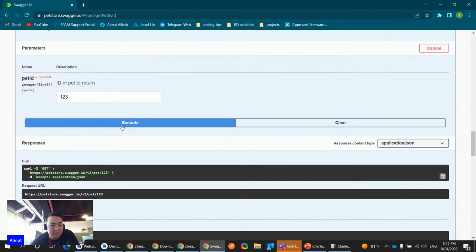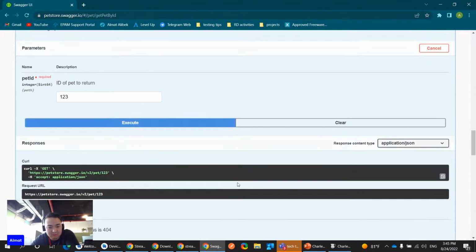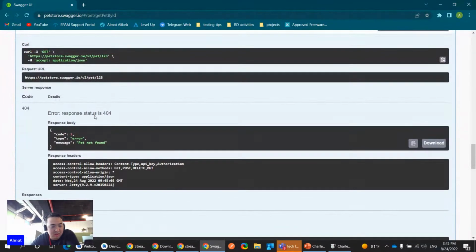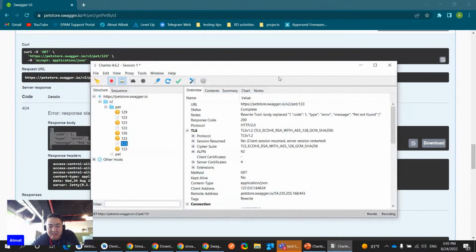So if we click execute again, yeah, it successfully worked for both of the rules. So here, as you can see, it changed the status code with the proper error message and successfully substituted the body. So in some cases, for example, if you want to replace a big amount of JSON,